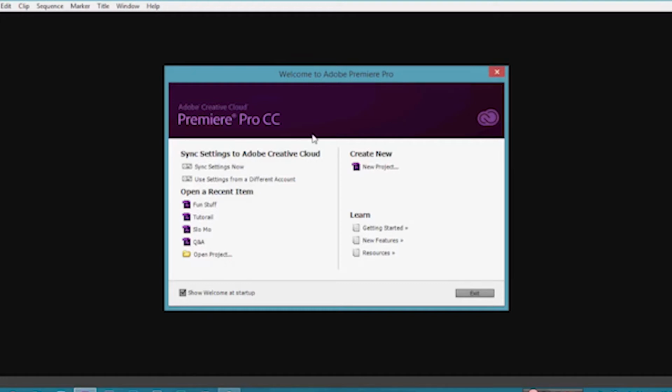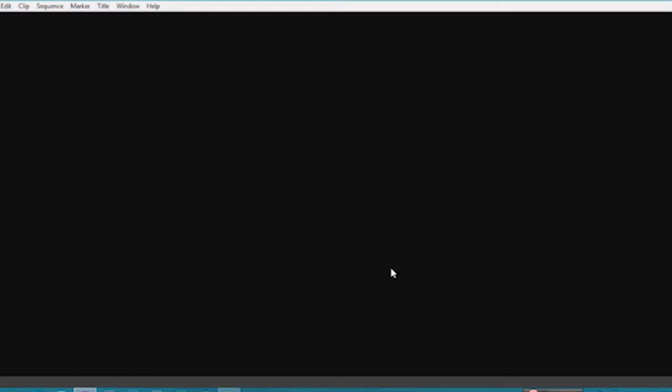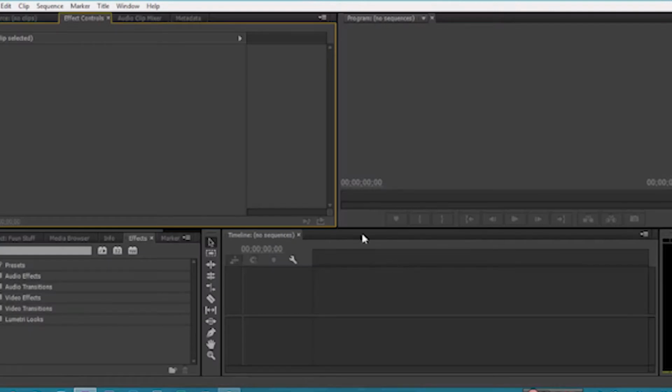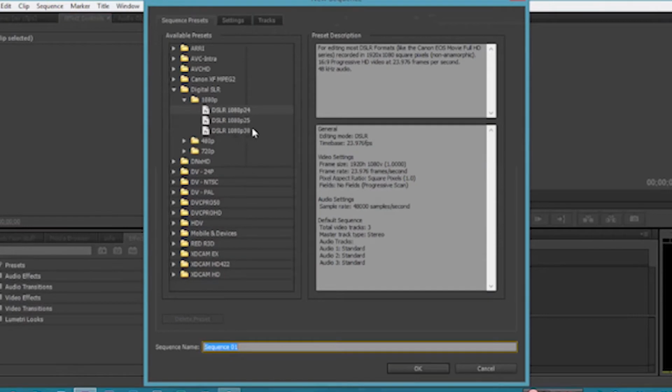So to make a new project, we're going to click on New Project, funnily enough. Right, let's click on that, and we need to make a project name. So I reckon Fun Stuff will be good. So click OK, and it will go into the program. So it looks really blank right now, and that's because in CC, different from CS6, it kind of starts without a sequence, which means basically it's blank. So to create a sequence, I'm going to go to File, New and Sequence,